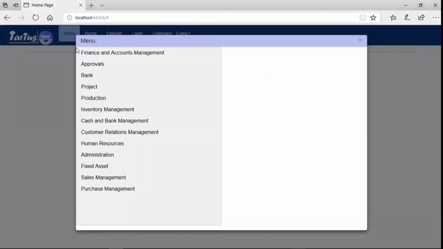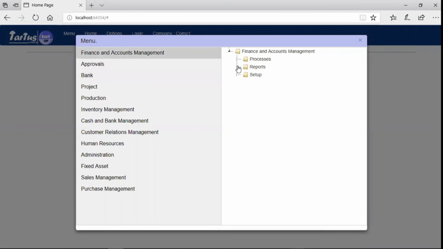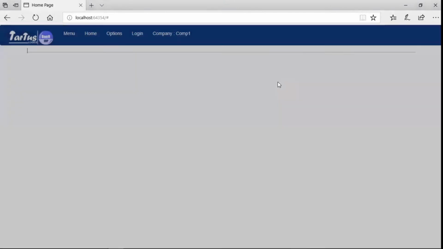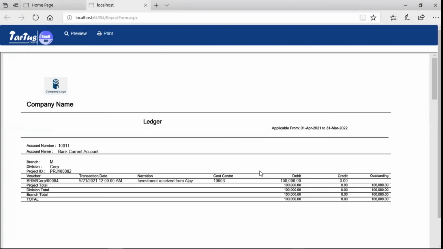Now let us evaluate the reports. Navigate to Finance and Accounts Management, Reports, Ledger Report. Let us run the report for the financial year 2021-22. Ledger report opens in 2 pages with bank account in debit and share capital in credit.